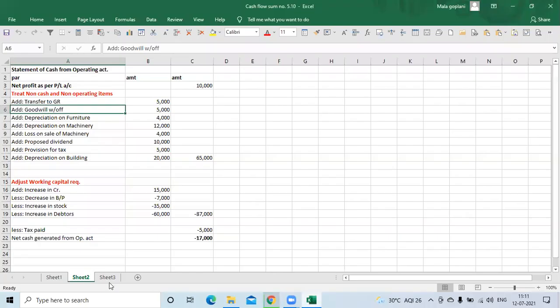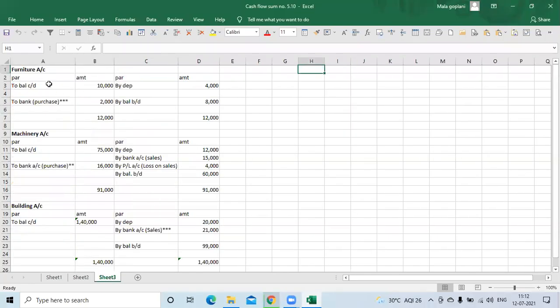If you want, I can show you the ledger account. See, furniture. Opening balance is 10,000, closing balance is 8,000, by depreciation 4,000. Now, when you close it, you will come to know which side is heavier. Credit side, ma'am. Very good. So write down 12,000 on both sides. This is known as the casting figure. 12,000 on both sides, and 12,000 minus opening balance, that is 10,000, gives a balancing figure which will be nothing but purchases. 2,000 purchase, ma'am. Very good.